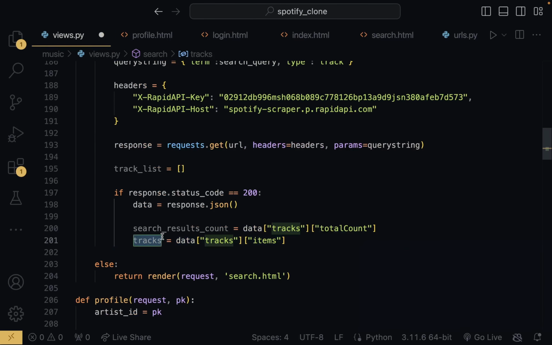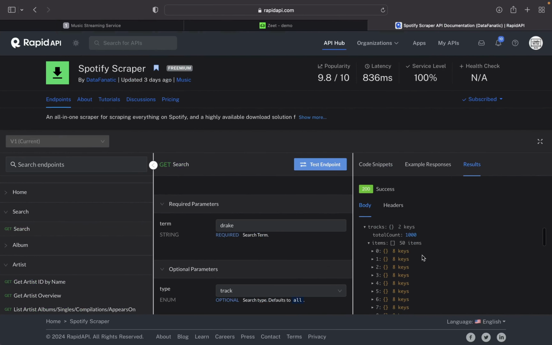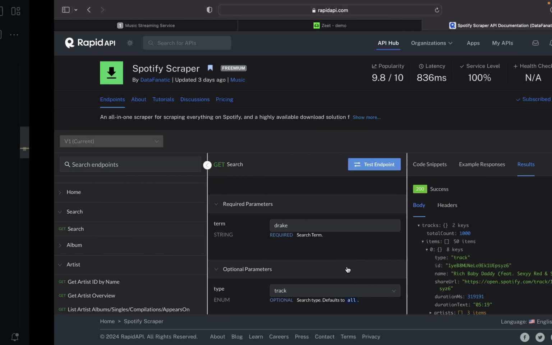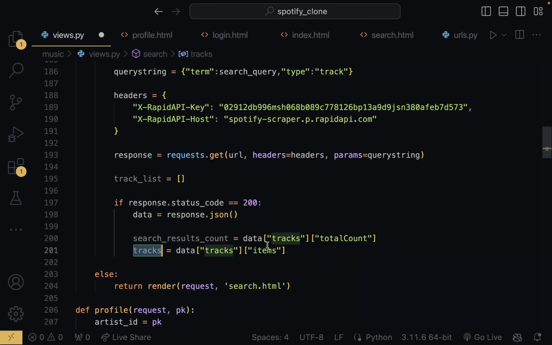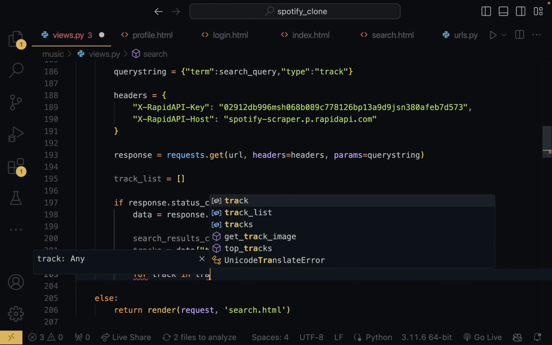this variable called tracks. Now what we want to do is just to get the specific information we need. So what do we need from this track? We just need the track name, we need the artist name, the duration of that track, we need the track ID, and then we need the track image. So we're going to get all of those details. Let's do that one after the other. So the first thing we're going to do is to loop through this track list. So we're going to say for track in tracks,